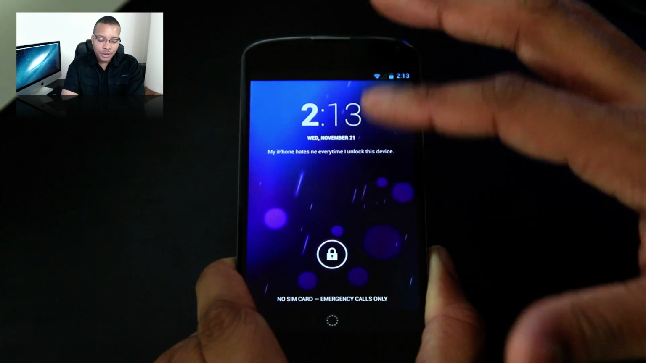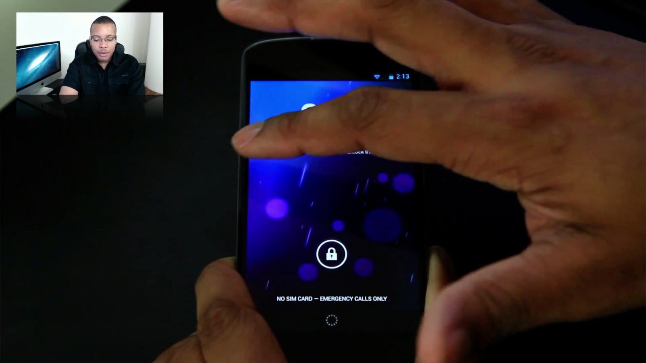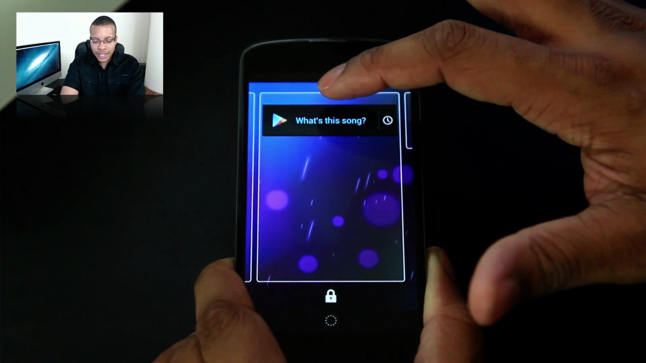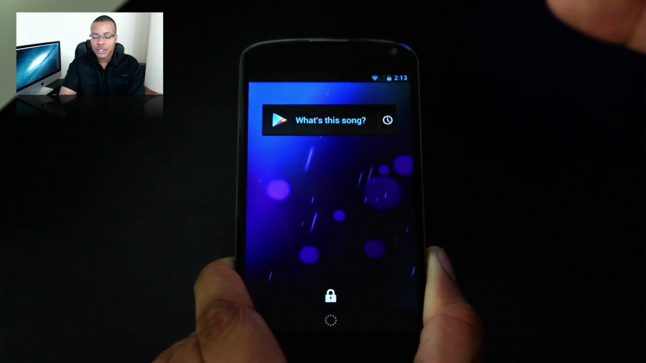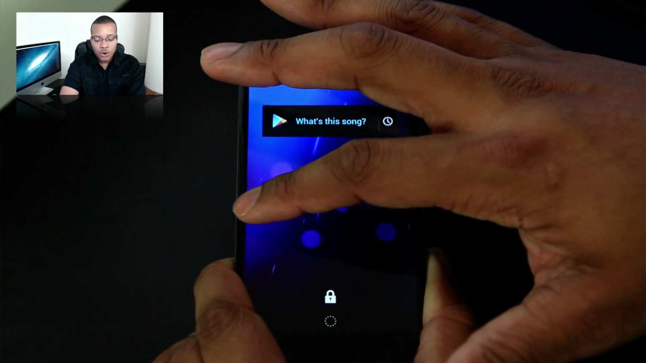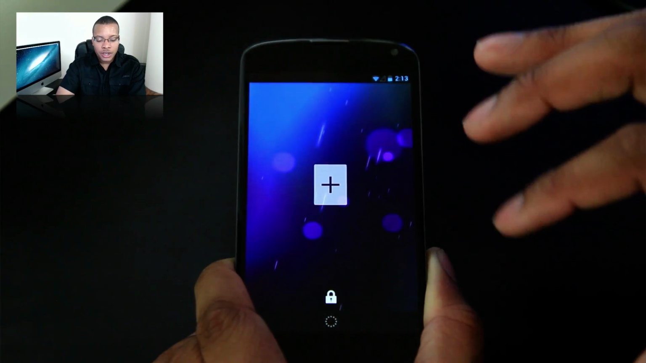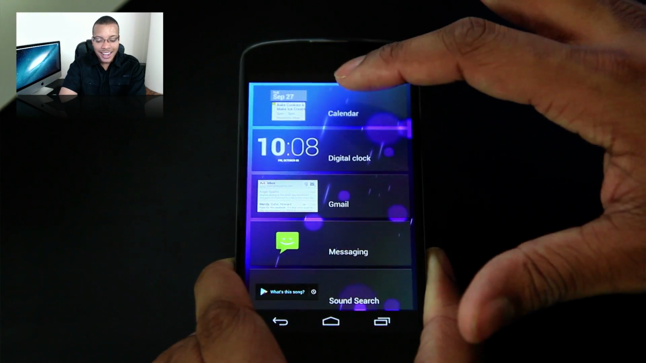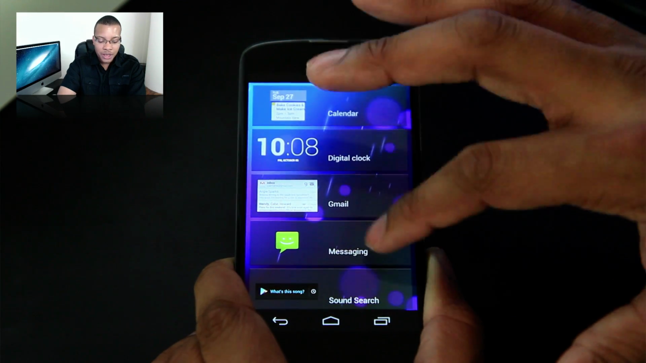So anyway, I turned on the phone, I'm at my lock screen. This is how it regularly looks. But if I slide over to the right, I get this widget that will allow me to listen to the song, something very similar to Shazam you can do with this OS, and I can find it in the Google Play Store if I wanted to, or I can slide over and then access the other widgets that I can add to it. So I can add a calendar widget, a digital clock widget, Gmail messaging, and so if I